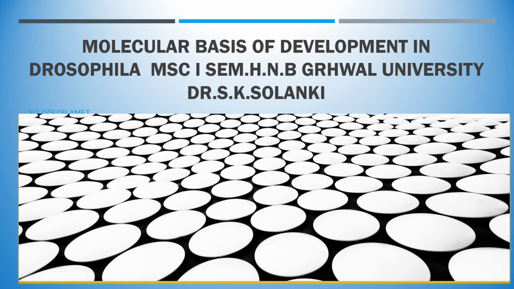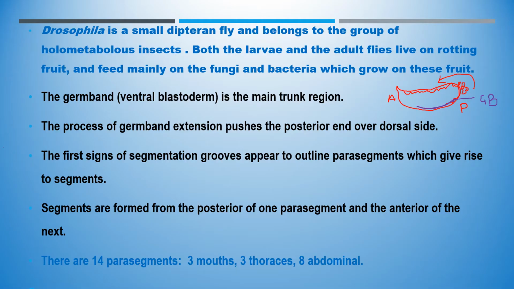As in the first lecture you have studied the cleavage and gastrulation and up to the body segmentation. As I have told you earlier, the segmentation in case of Drosophila is not so simple. All this process is controlled by certain genes: maternal genes, pair rule genes, gap genes, and segmental genes. These are the genes which control the total development of the Drosophila, which we call the molecular basis of development in case of Drosophila. So let's start.